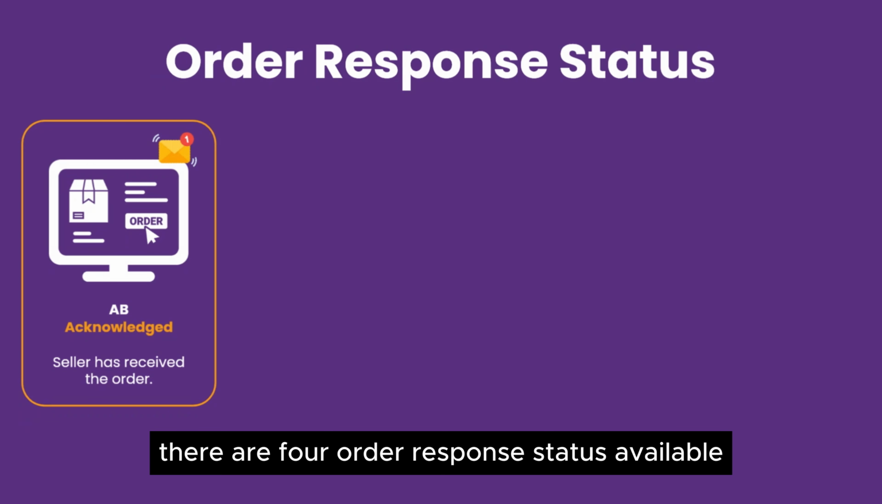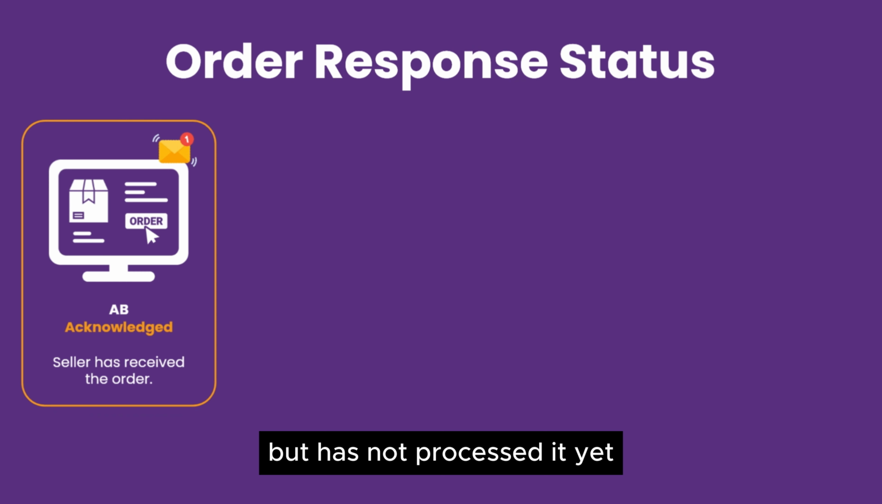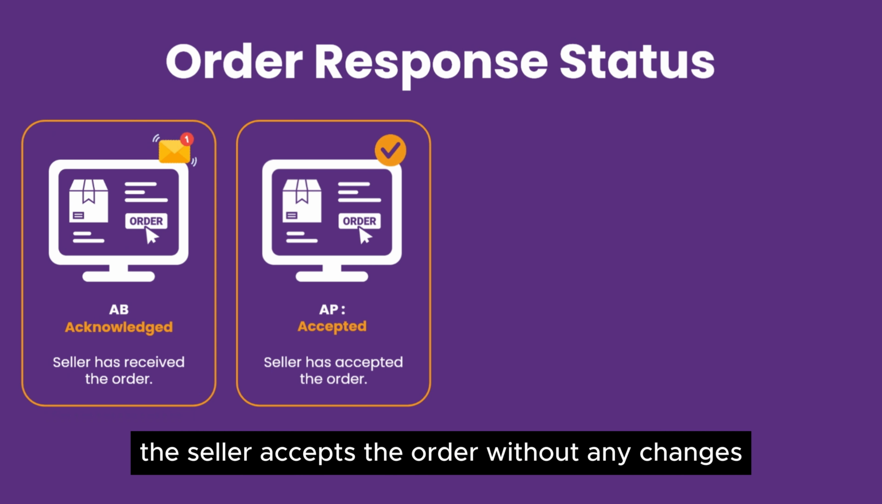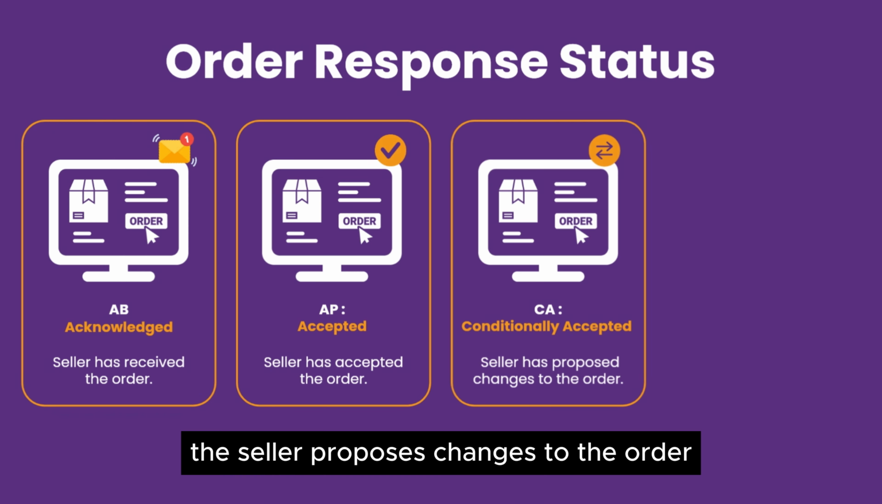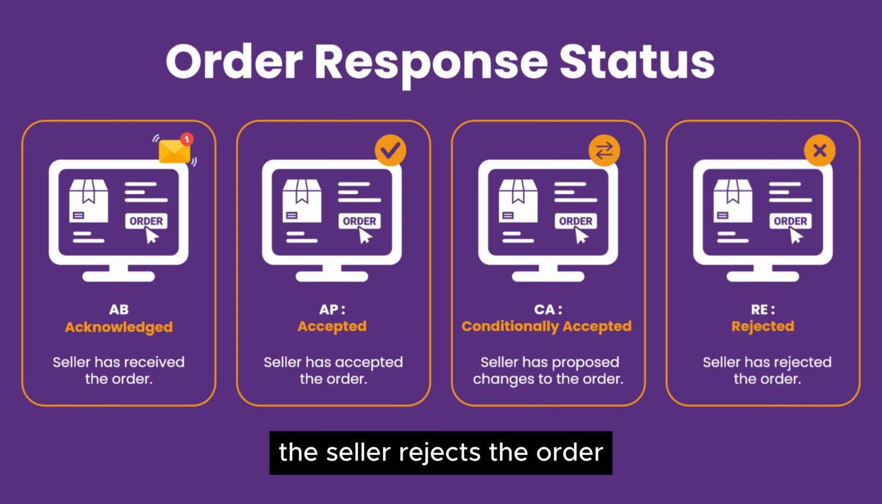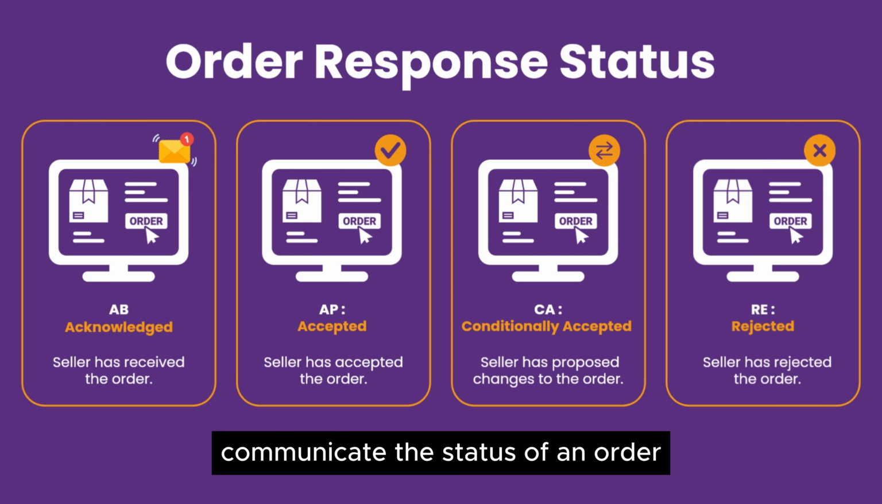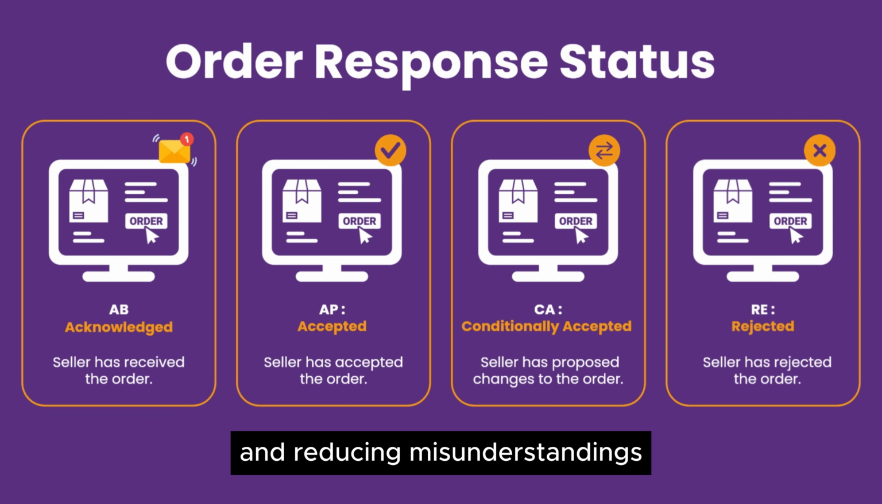There are 4 order response status available: AB, acknowledged, the seller has received the order but has not processed it yet. AP, accepted, the seller accepts the order without any changes. CA, conditionally accepted, the seller proposes changes to the order, such as the quantity or price. RE, rejected, the seller rejects the order. This helps both parties communicate the status of an order throughout the order fulfillment process, ensuring greater accuracy and reducing